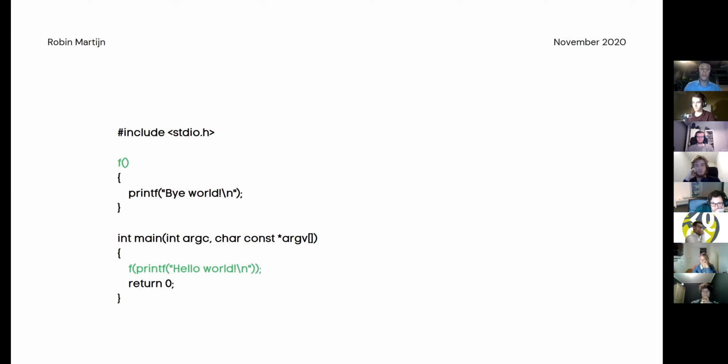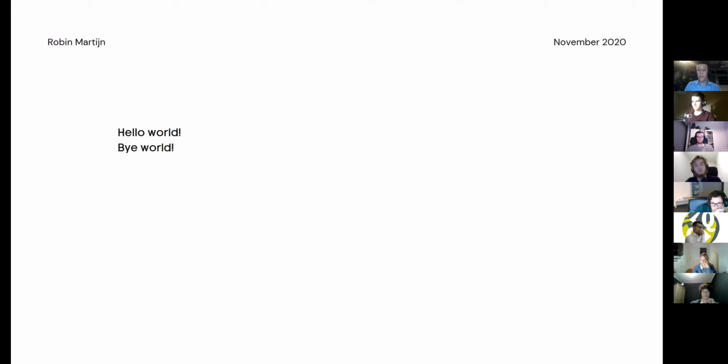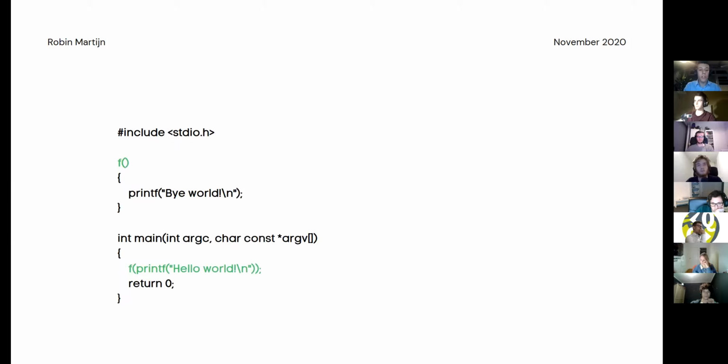If we were to compile this and run this, we see that it actually outputs hello world first and then bye world. This is what the output looks like. So if we look back at the code, we see that the hello world is called first, which means that the argument inside of f, the printf, is run before the function itself. So that's an important one to know.